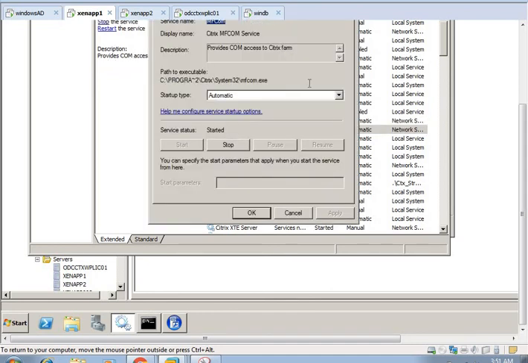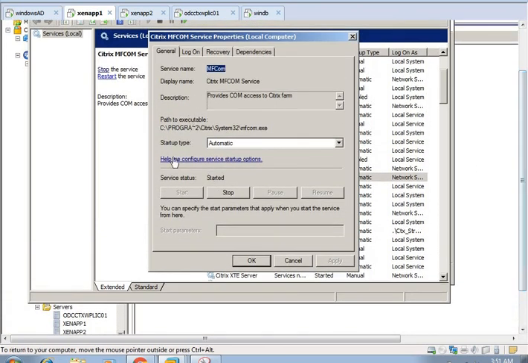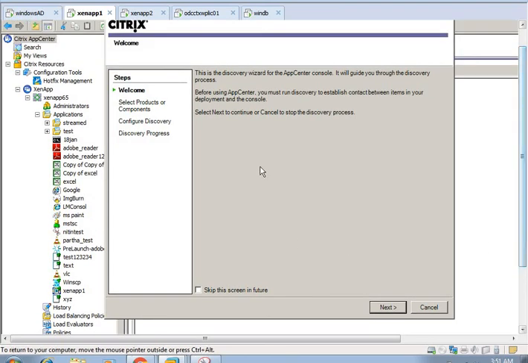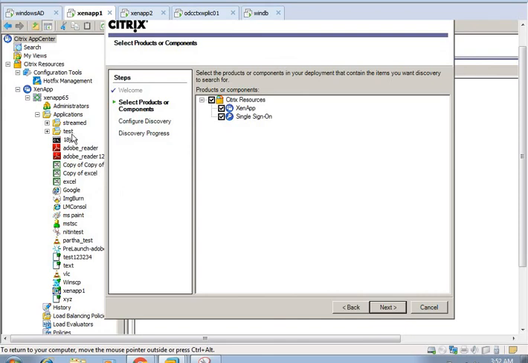If this service is down, the discovery process will stop, and once MFCOM is down, we will not get anything over here. So in that case, first we need to start the MFCOM service, then run the discovery again.